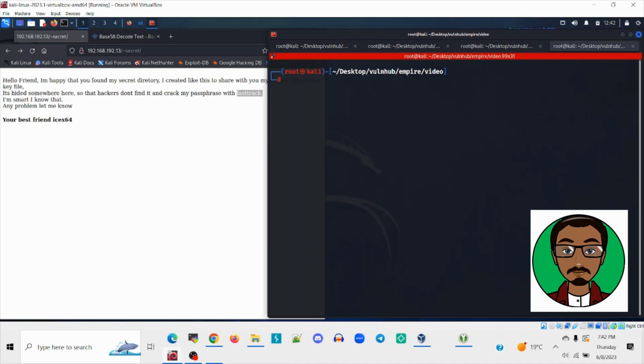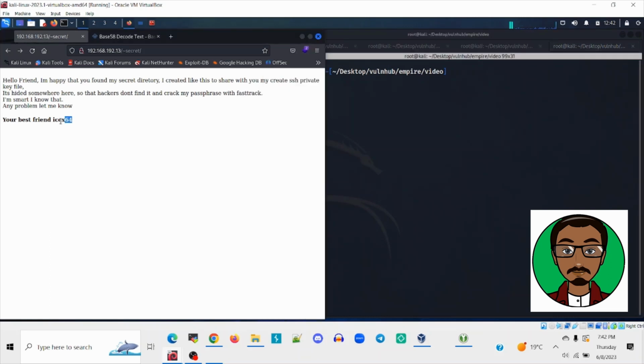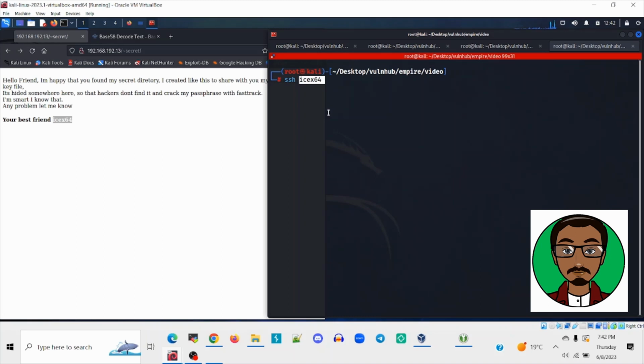And then after that, the next thing will be to log in SSH using the user which we had obtained from the browser, which is i64. You paste that, and then you do at the target IP address, which is 192.168.192.13, and then you do the -i in order to read the file, which is for us key,